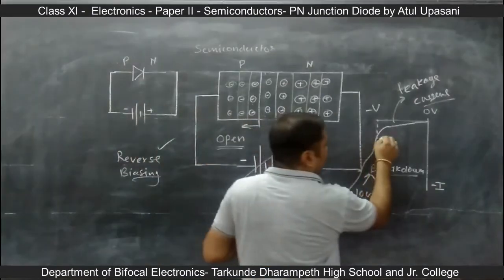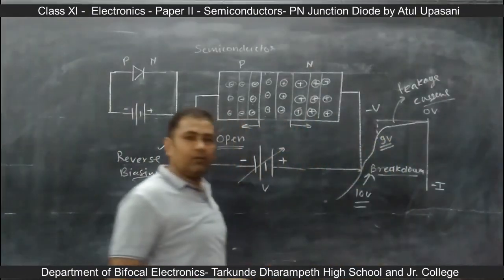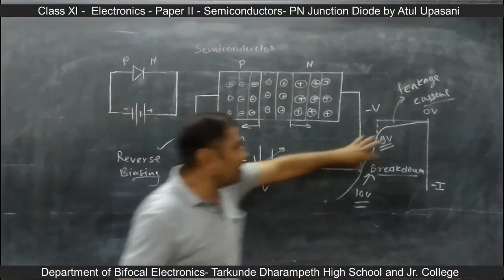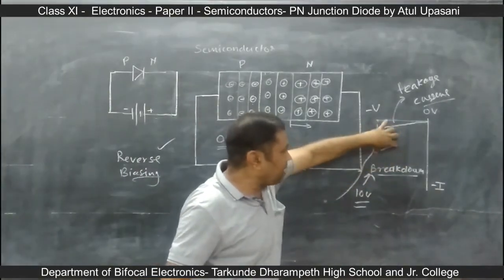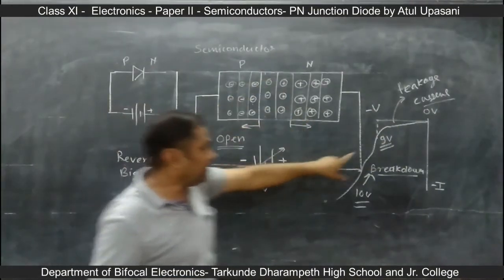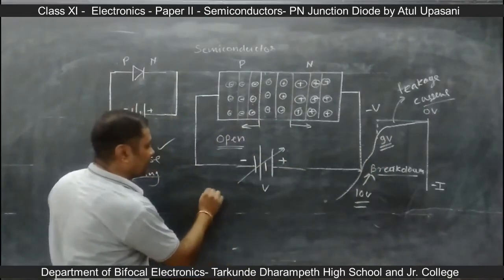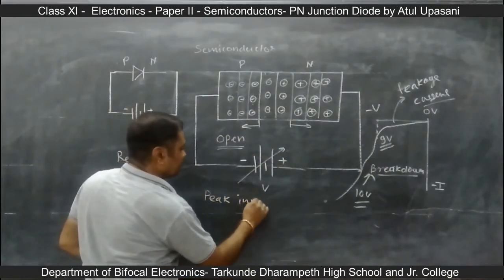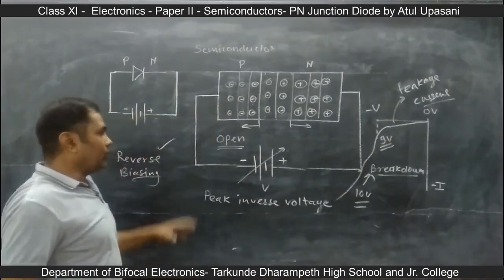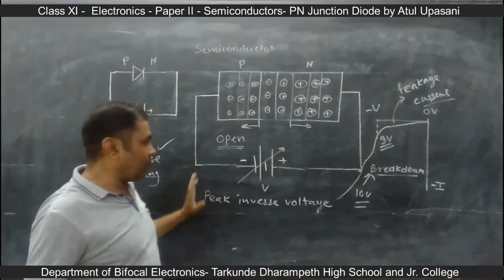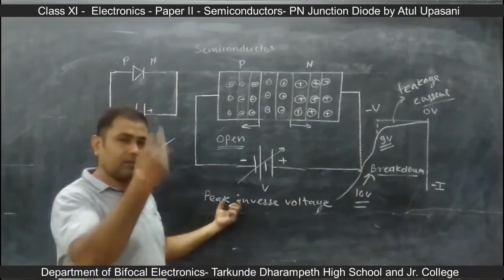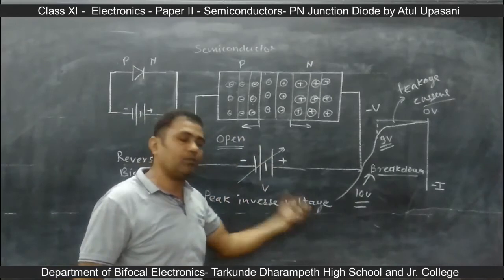So this diode can handle a maximum voltage of 9 volt. So the breakdown voltage is larger, and if you consider a lower voltage, suppose 9 volt, up to this 9 volt it can bear the reverse voltage. So this will remain off up to 9 volt, and this 9 volt is called the peak inverse voltage. Okay, so maximum current opposition will occur up to 9 volt, and this 9 volt is called the peak inverse voltage. Peak means maximum, inverse means reverse direction, and voltage means voltage.